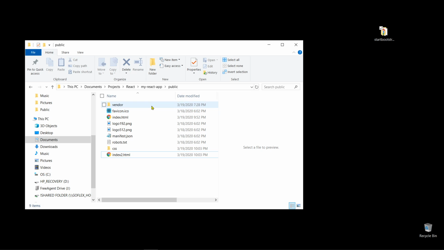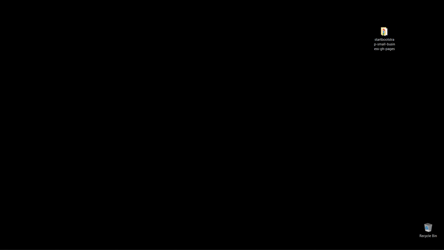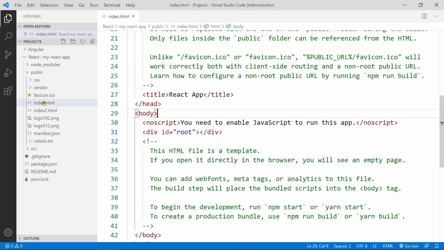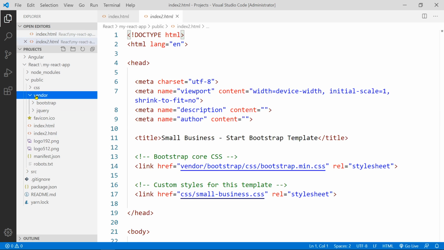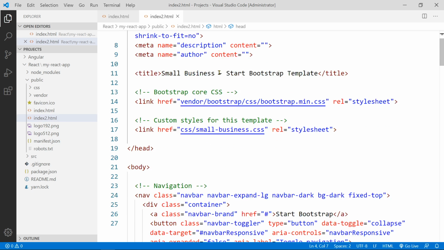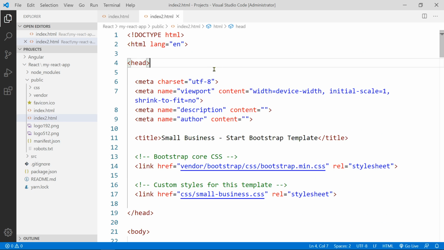And so you have everything here in the React folder. You can close this now, and let's go back to the source code. All right, so back in here, I'm going to close this for now. This is our index file, and this is the index 2 here. Okay, so here's the vendor here, and that's good. That's the Bootstrap, and then the CSS for the Bootstrap here. Okay, so the index 2 is the Bootstrap version. All right, and if you run it,